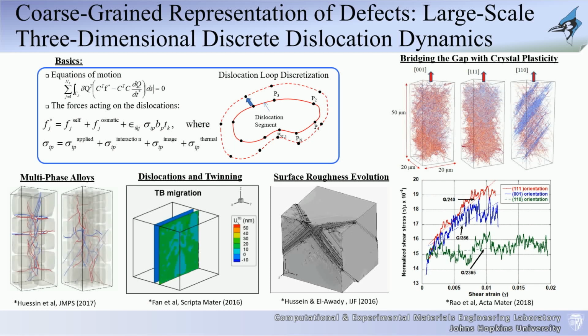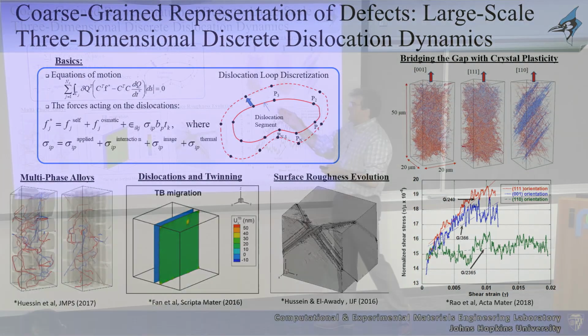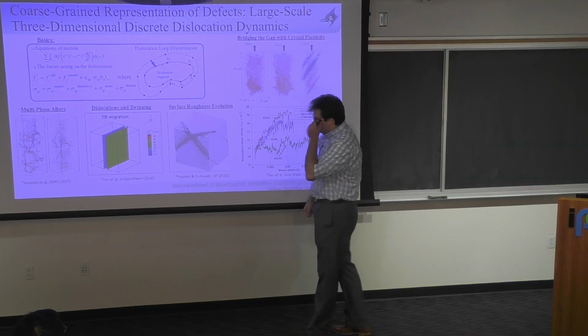This is simply under compressive loading or tensile loading, and you look at the influence of the orientation of your loading or your crystal on the dislocation structure formation. You can predict what the hardening rates are. So it gives you very nice information of not just the dislocation microstructure, but the stress strain curve. And you can identify local dislocation densities and so on and so forth.